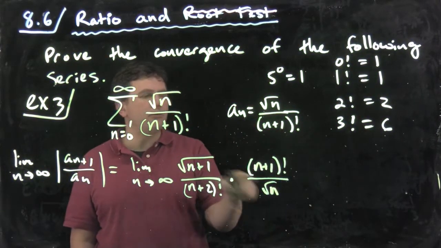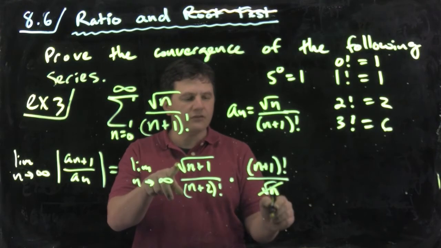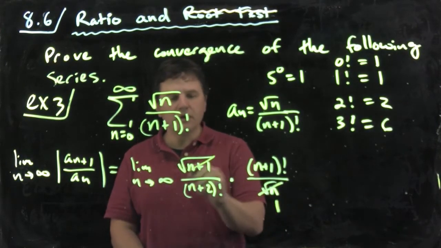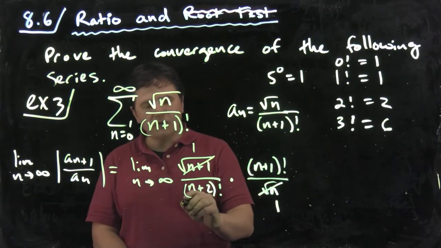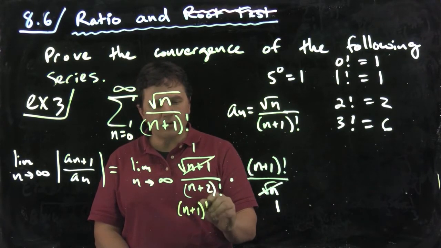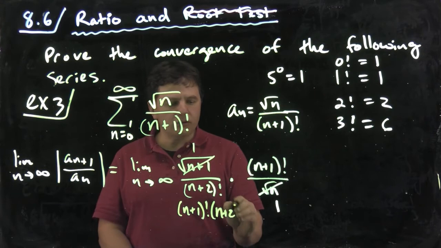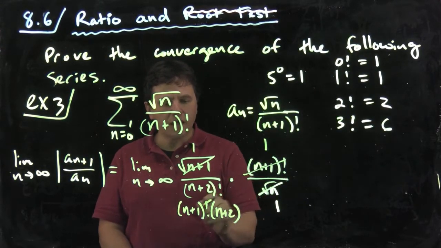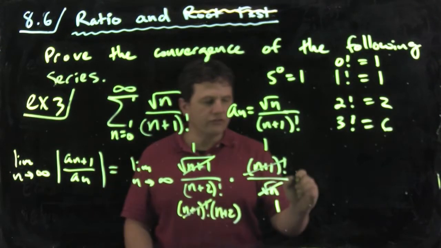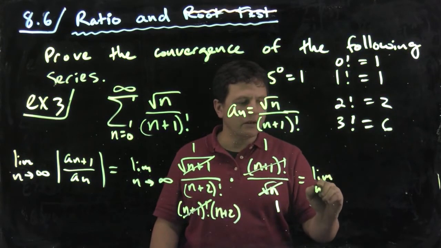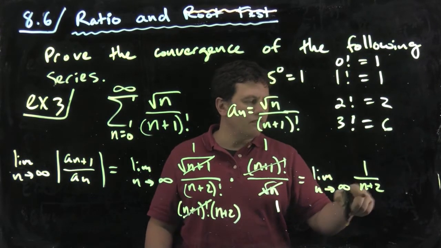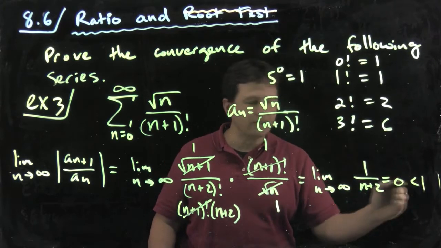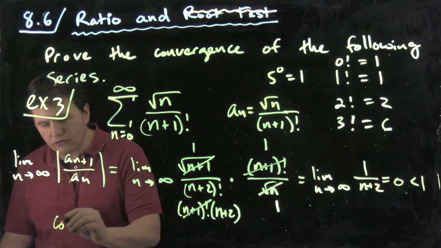And just like I was saying before with the x over x, these things will cancel outright. So this will be 1. This will be 1. And then this, keep in mind, n plus 2 factorial I can write as n plus 1 factorial times the quantity n plus 2. So this will cancel, and we're left with just the n plus 2. So this is equal to the limit as n goes to infinity of 1 over n plus 2. That goes to 0. That is less than 1. So this converges